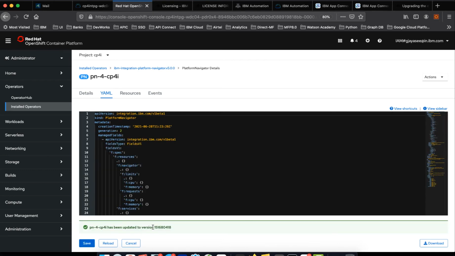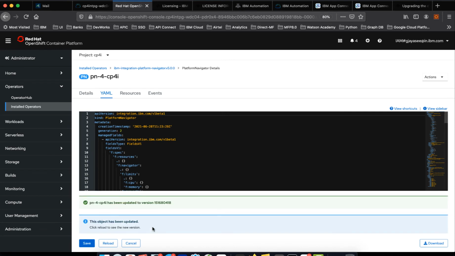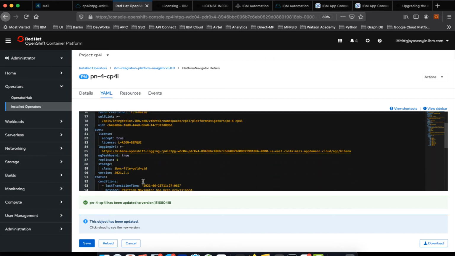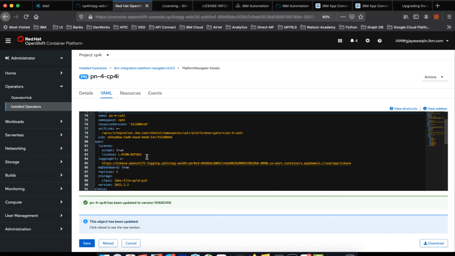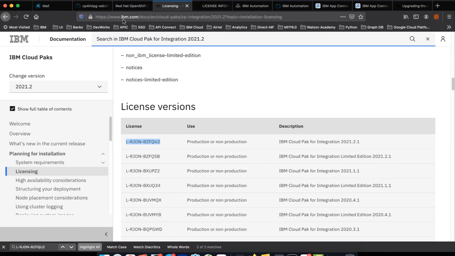So now it has changed, but to your confusion, right, what is the changes I have made? Two changes I have made. One is the version, other one is the license. From where I can get the license, right? So if you go to the Cloud Pak documentation under licensing, you will see this IBM Cloud Pak for integration 2021.2.1, and this is the license.